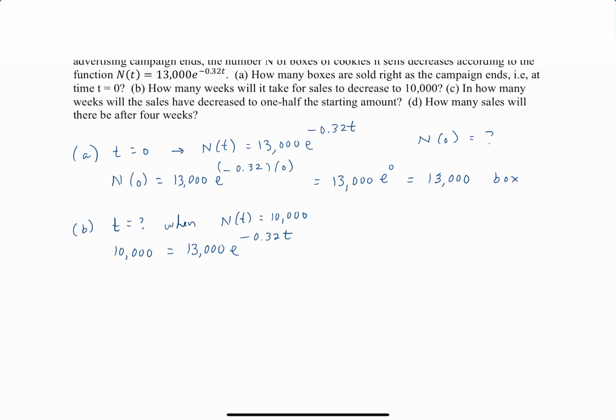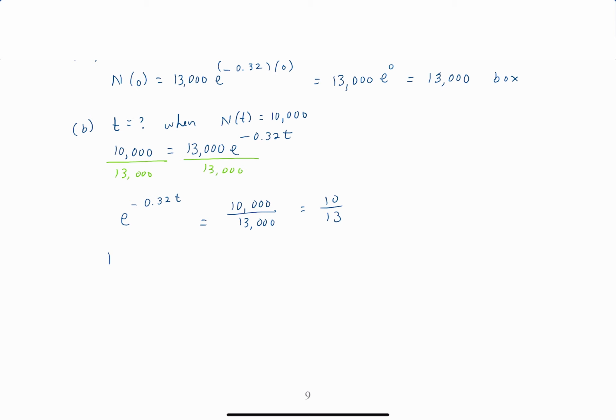So again, I need to isolate the exponential expression. So I'm going to divide both sides by 13,000, which gives e^(−0.32t) = 10,000/13,000. And we can cancel a bunch of zeros there and simplify that to 10/13. Now if I take the natural log on both sides, which I can do because the exponential expression has been isolated,